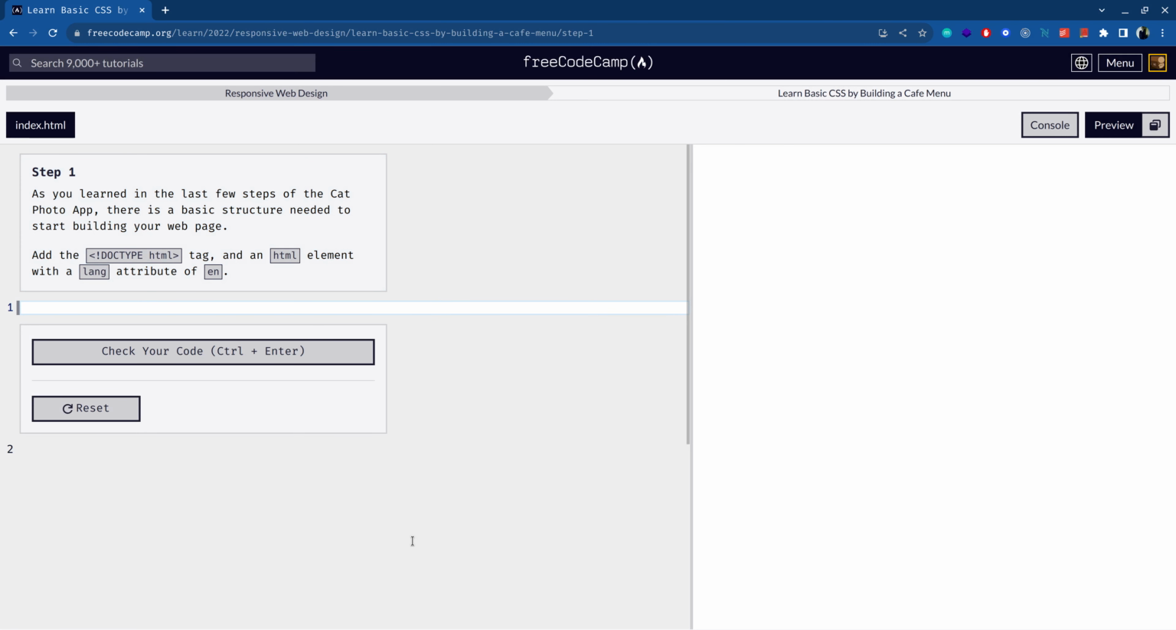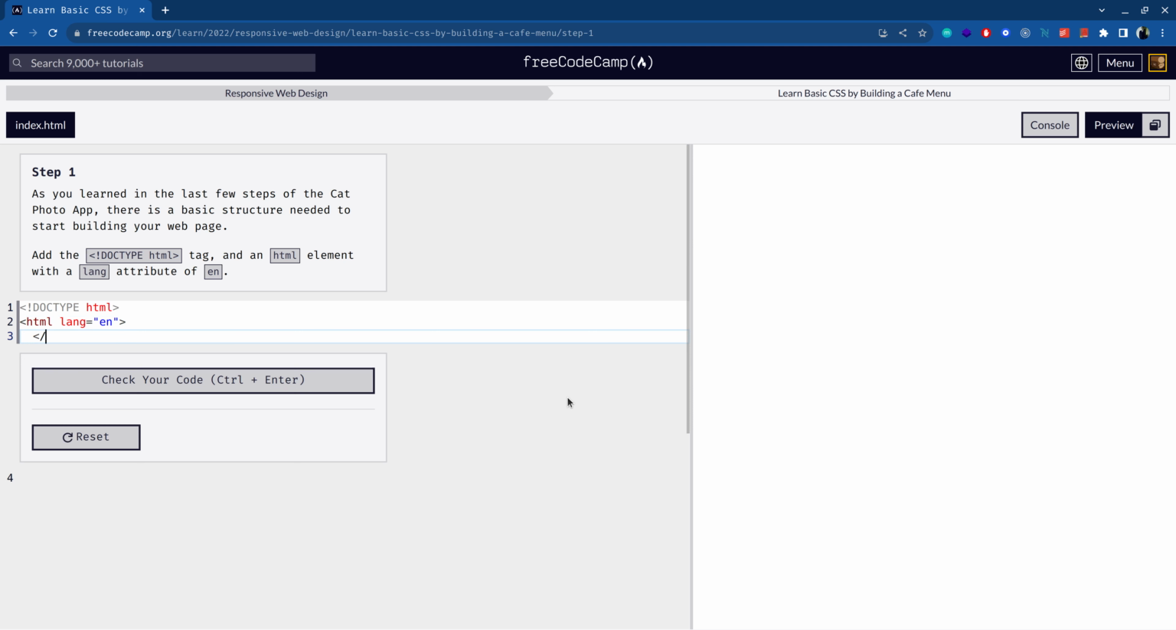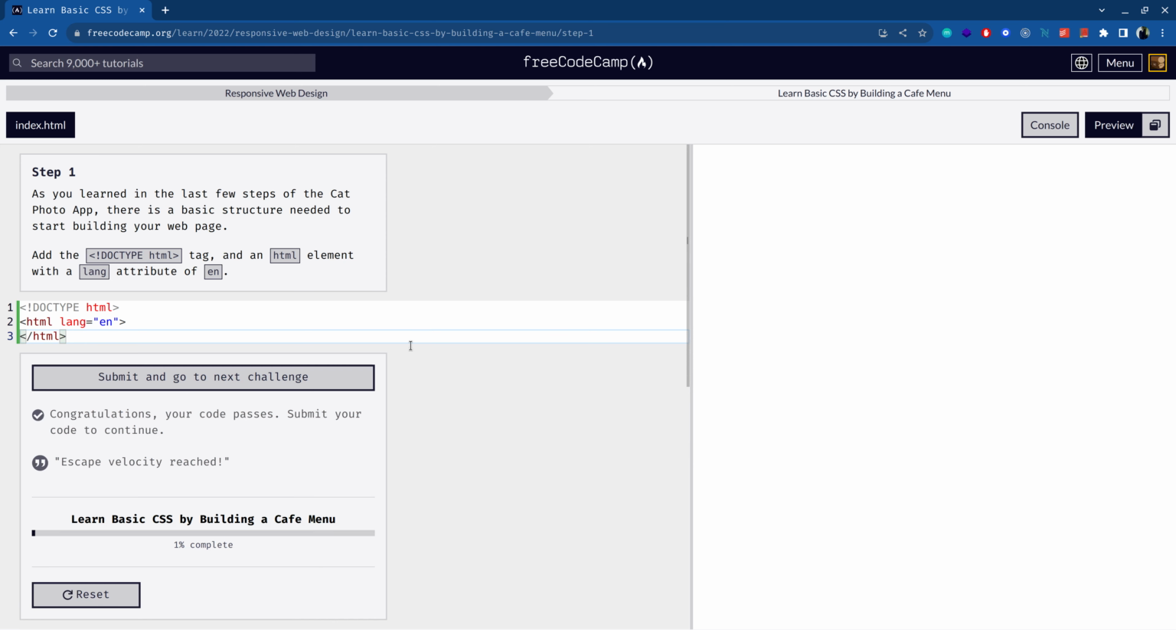Okay, so as you learned in the last few steps of the cat photo app, there is a basic structure needed for starting to build your web page. Add doctype. Okay, this should be all caps. Add doctype HTML tag and an HTML element with lang attribute of en. Okay, so this wants me to add HTML lang is going to be en. I need to close my HTML tag, indent it properly in a sec. Okay,